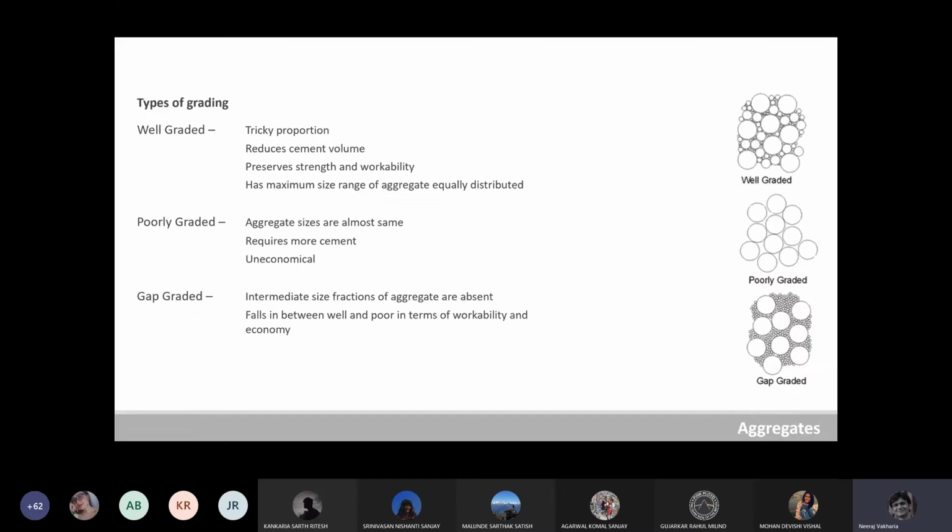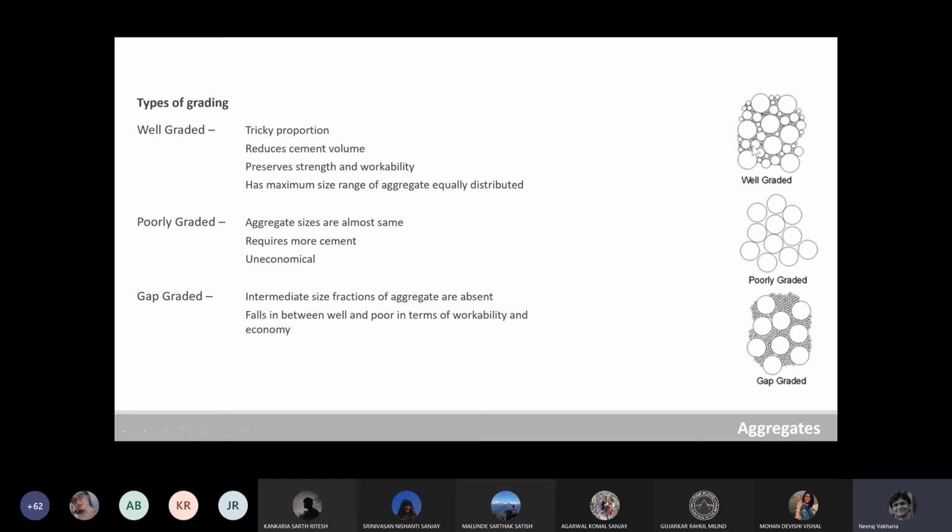Now types of grading. Okay. So well graded, again, what will be called well graded aggregates. Okay. So the proportions are tricky. It reduces cement volume, preserves strength and workability, and has the maximum size range of aggregate equally distributed. As you can see in this image, since all sizes of aggregates are present, all the voids are getting covered properly